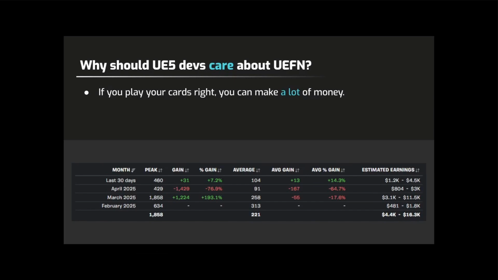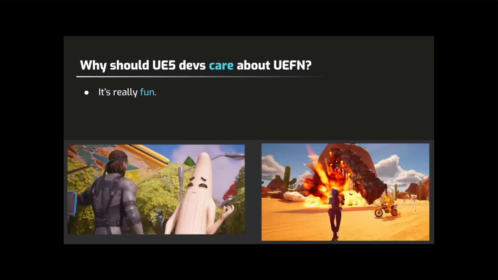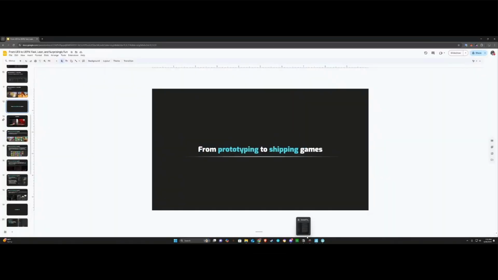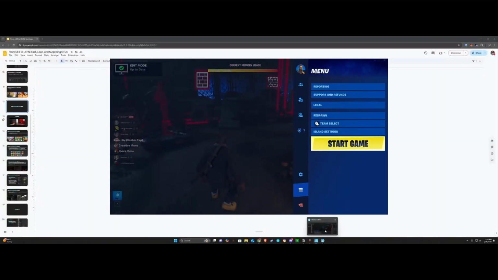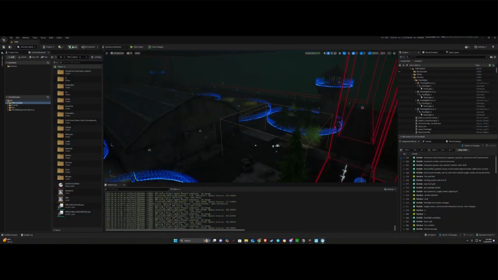With the devices, it uses Verse. So with the devices, you make them in Verse. So for example,